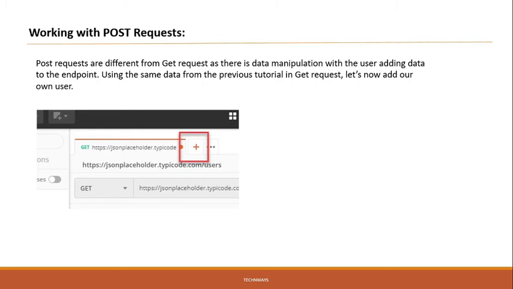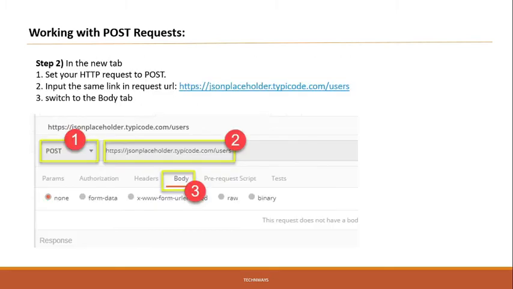The POST request is like sending data. It is the same as before: we put in a URL, set the type to POST, and select the body. Inside the body we are creating a new user, so we definitely need to select the JSON type here. We select raw, and inside raw we select JSON, and whatever JSON request we have created for that particular request, we can put here. Okay, and it will get submitted properly.